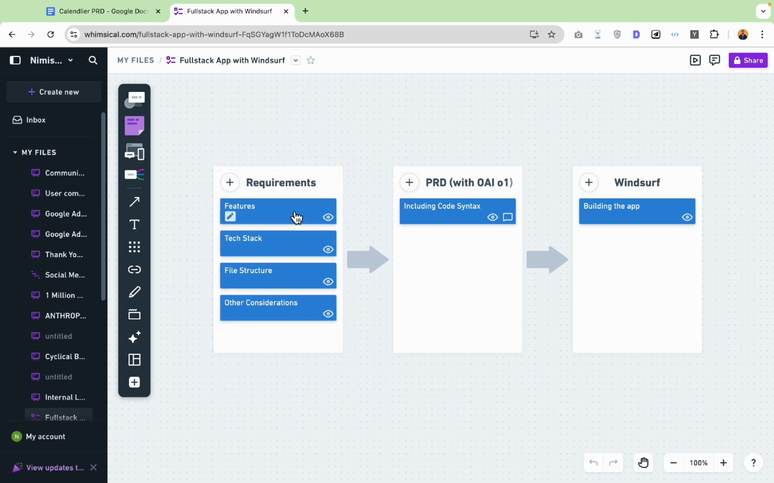So over here, we would be listing down all the features, the entire tech stack we would be using, the file structure of our code base, and other major considerations. Then you would be inputting this information to OpenAI's own model, which is by far the best one for doing any complex task like creating a PRD. Then we would be putting this PRD into Windsurf, where we would be creating the app